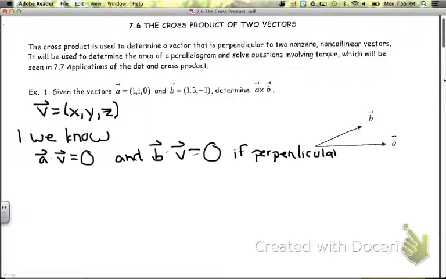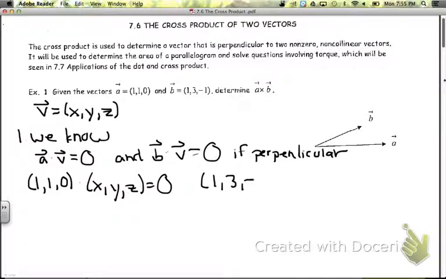So what we're going to do here is the dot product between 1, 1, 0 and our vector V, X, Y, Z, which is equal to 0, and the dot product between B and V, so 1, 3, negative 1, and our vector V, X, Y, Z, which is equal to 0. Therefore, when doing the dot product with A and V, we have X plus Y equal to 0. And when doing B and V, we have X plus